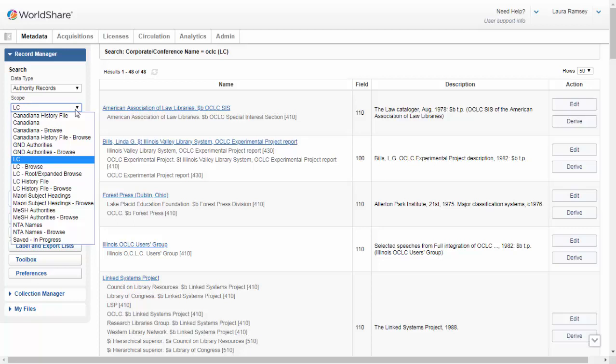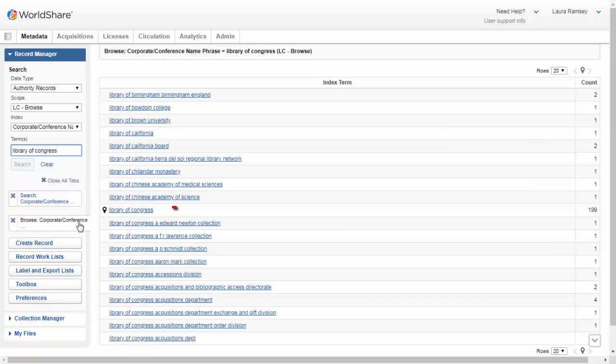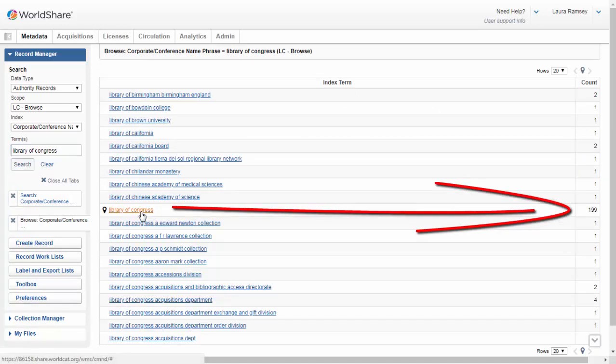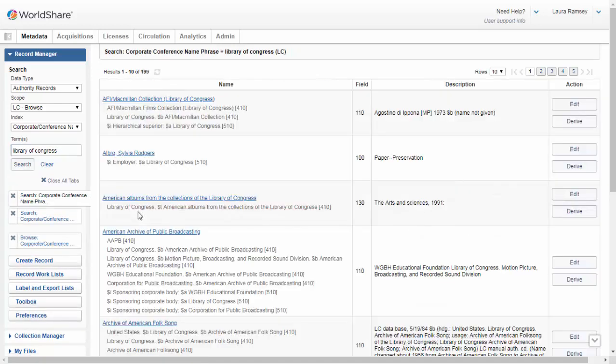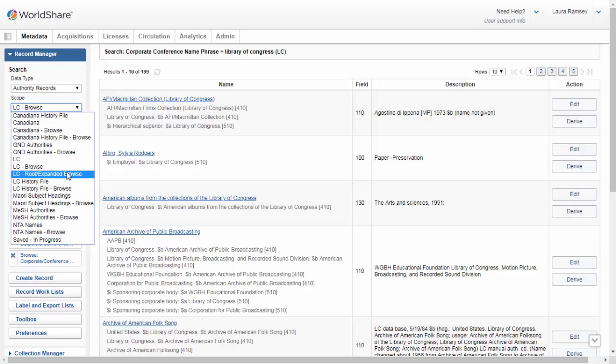The next search I would like to demonstrate is the browse. And I'm going to do a search on the Library of Congress. And here you see we have 199 results for authority records that have the Library of Congress in a name field. So let's take a look at doing a root expanded browse